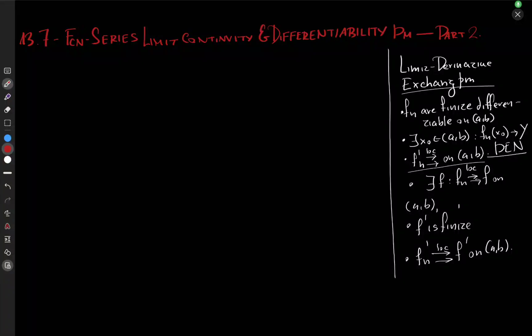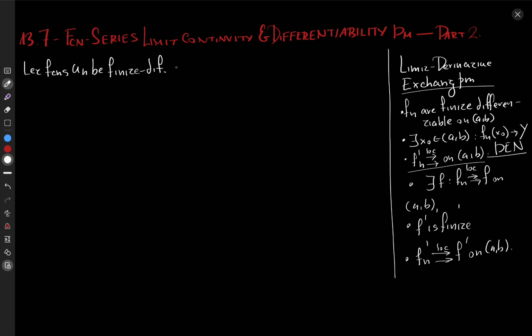To the function series limit, continuity and differentiability theorem, part 2. Now, this theorem is interesting, but the proof is rather boring, just like in part 1. Let's have a look. So, let functions un, where n is a natural number, be finite differentiable